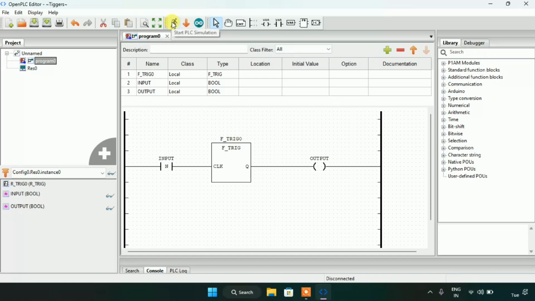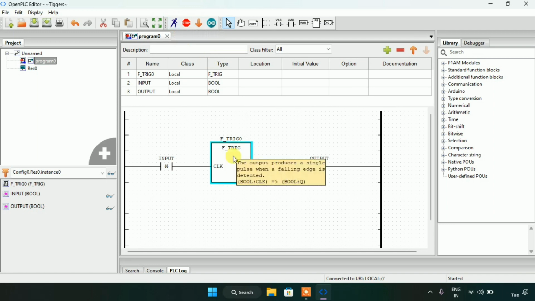Then I will start the simulation again here. The simulation is complete. Now if I keep the cursor on the block here, you will see that the output produces a single pulse when a falling edge is detected,